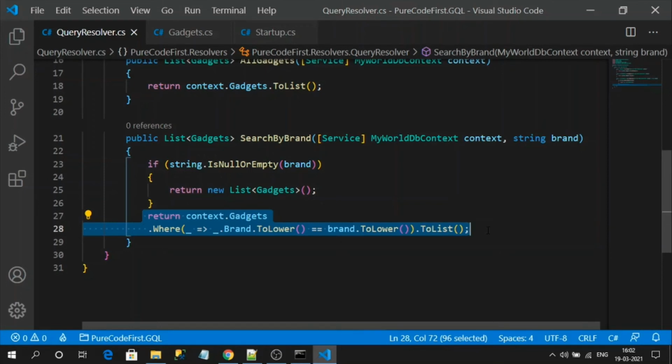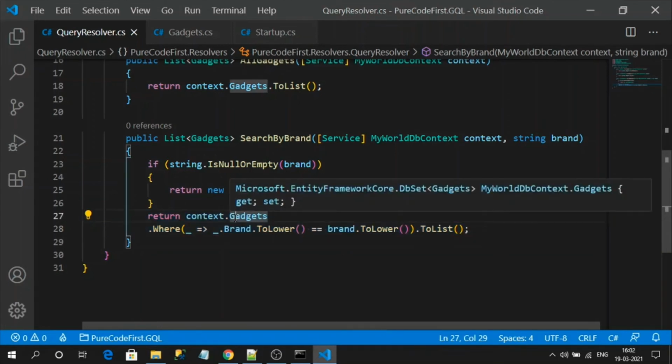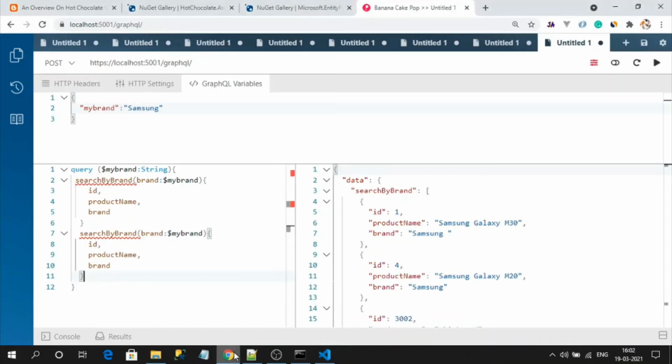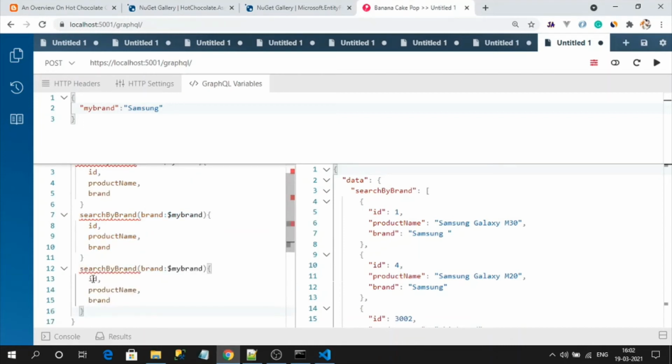For simple queries, it won't affect the DB that much. If it is really big data, you need to use data loaders. The comparison query is nothing but calling the resolver two times, or not two times only, you can call it here n number of times, and n number of result sets will be available in the response.